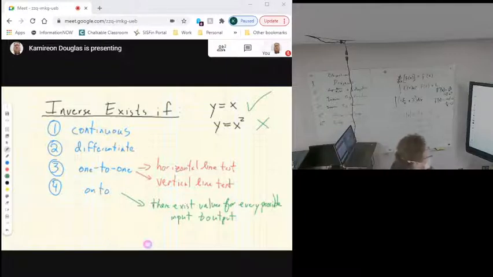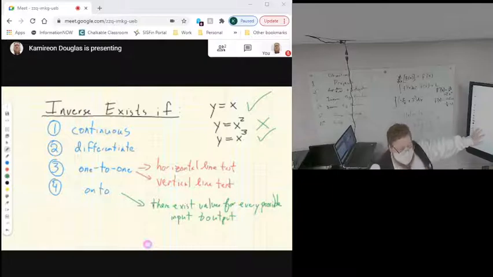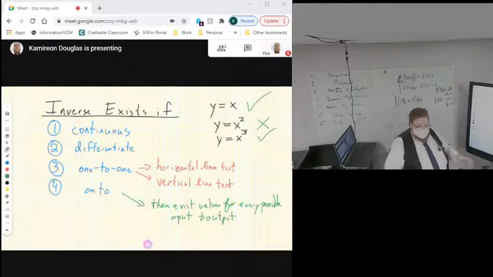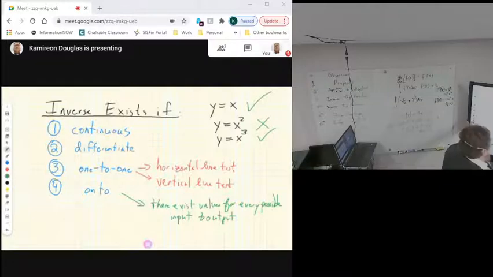X cubed. That passes. There's an inverse. That's a function. Again, x squared has an inverse, but it's not a function. It's something else. It's an equation. Remember, functions are ones that very specifically have to pass the vertical line test. So it's possible that it breaks that piece, which it does. X cubed works. Other ones that we've seen that work,